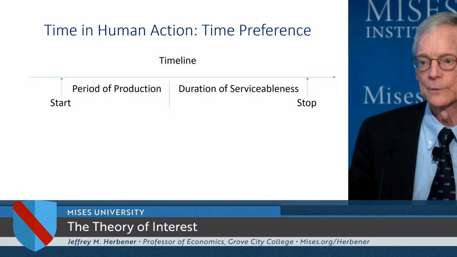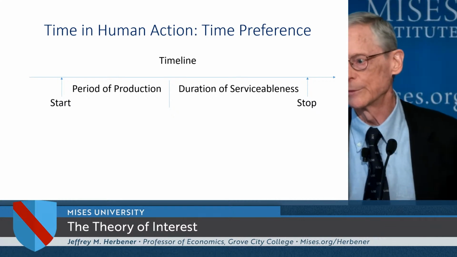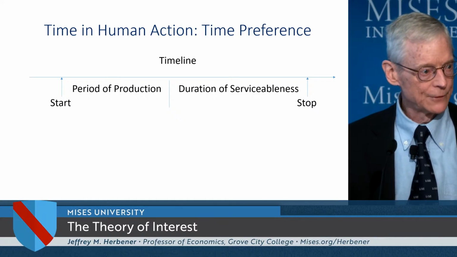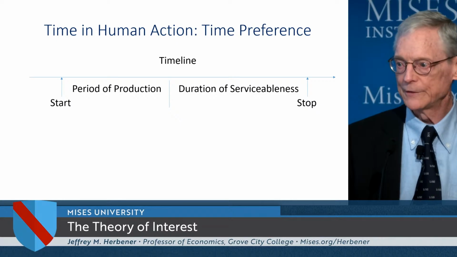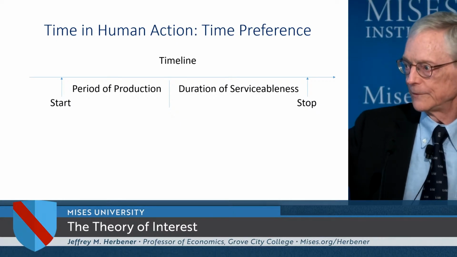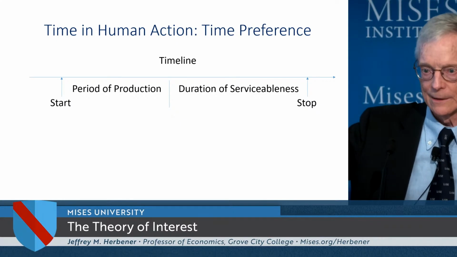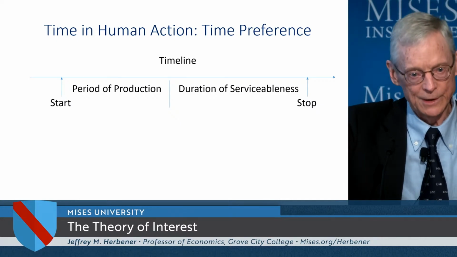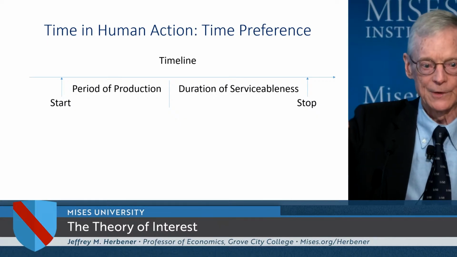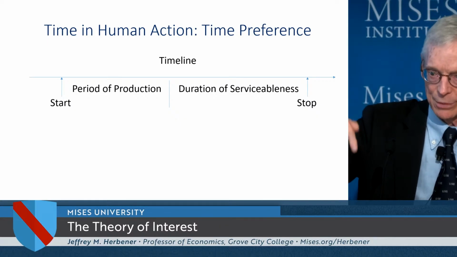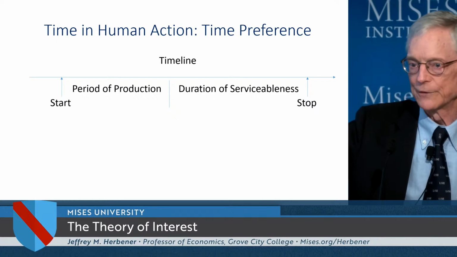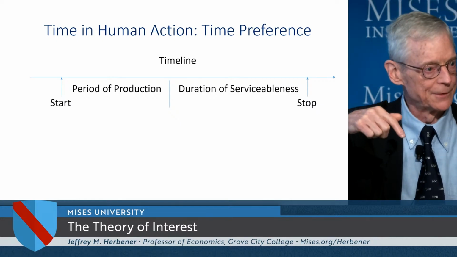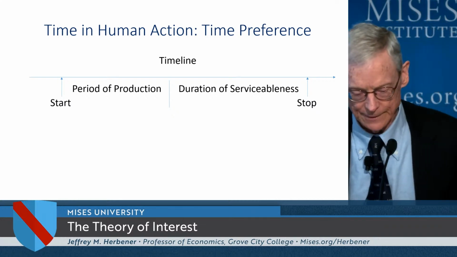So again, the two ways in which we value action with respect to time are time placement and time preference. And time preference generates the interest rate. Time placement, again, generates what we might call the temporal allocation of the good. The allocation of the good from one moment to another moment in time. Just like we would say the allocation of a good from a person who values it less to a person who values it more, or a person in New York City who values it less to a person in London who values it more, and this kind of thing.